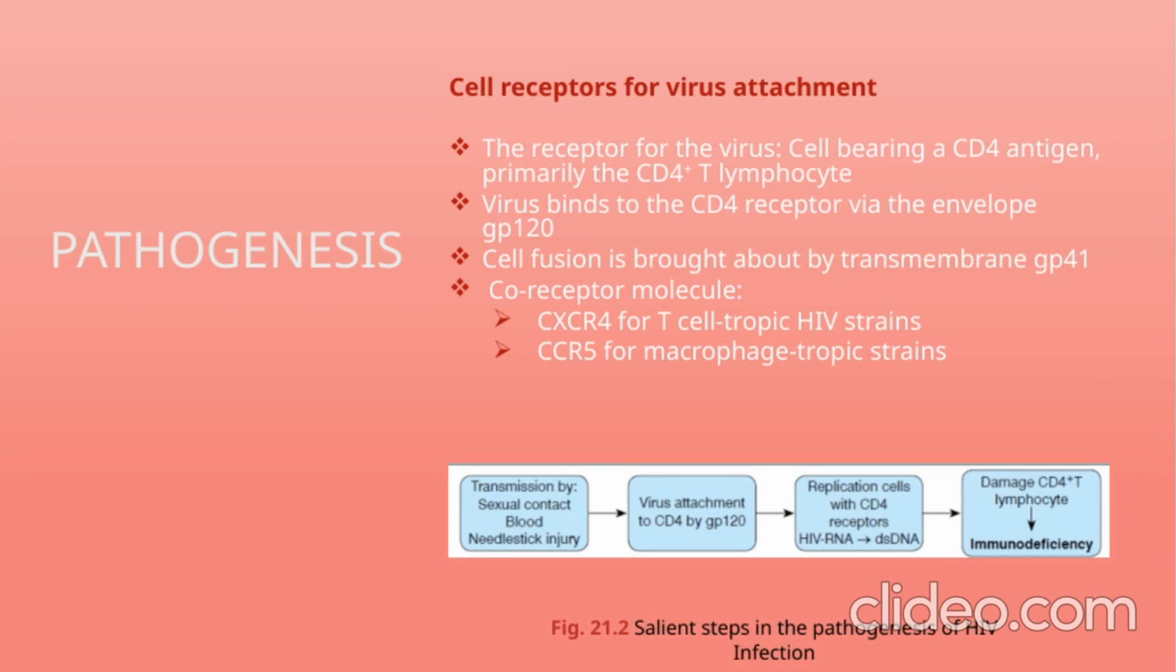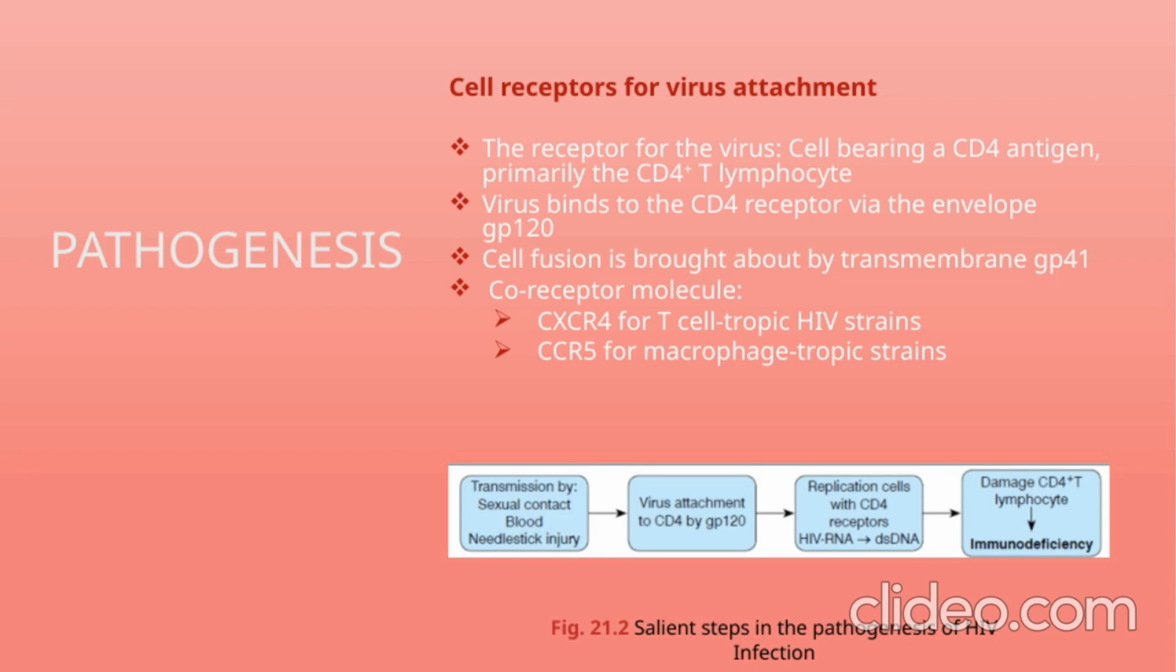The first key point is about cell receptors for virus attachment. HIV specifically targets cells that have the CD4 antigen on their surface, primarily CD4 plus T lymphocytes, which are crucial players in our immune response. The virus attaches to these cells through the envelope protein GP120, which binds directly to the CD4 receptor. This interaction is essential because it allows the virus to latch onto the host cell and begin the process of